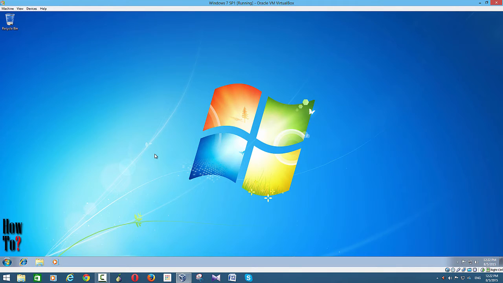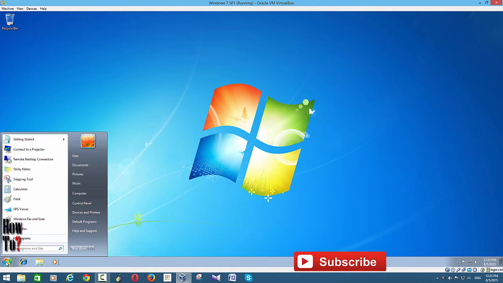Okay, so here you need two things. One is a virtual hard drive, and the second is a separate partition. What you are going to do is just copy all the installation files from your ISO image file to this drive, and we will boot the system from that drive, from the virtual hard drive. Okay, so to start with,